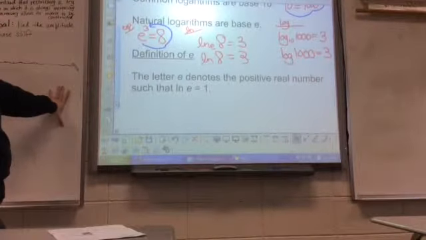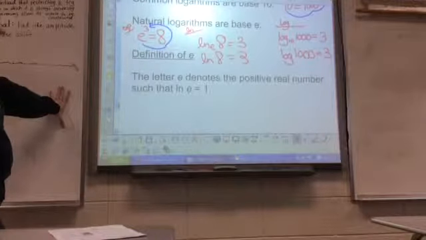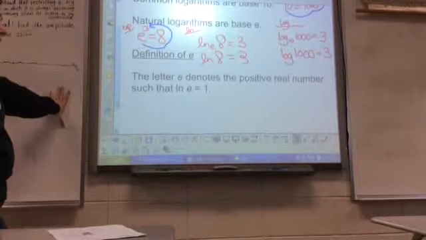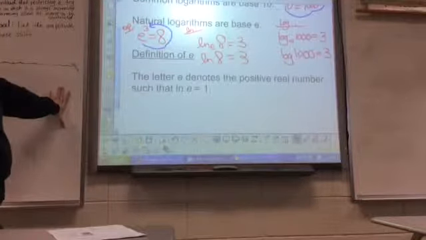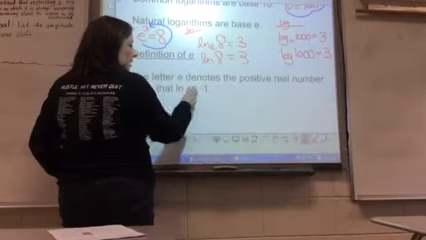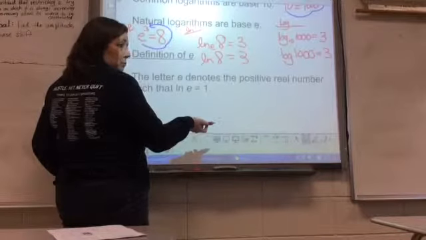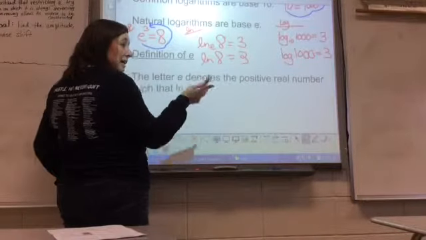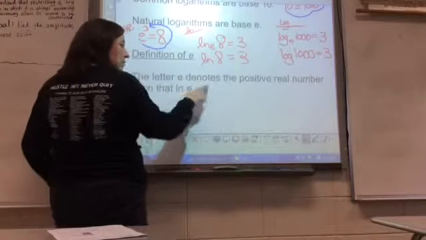E is a positive real number such that ln of e. Okay, let me think about this just a minute. This is obviously in the log form. Let's take it out of log form and see what it says. If you take it out of log form, you still do the same little loop. So if I was reversing this,